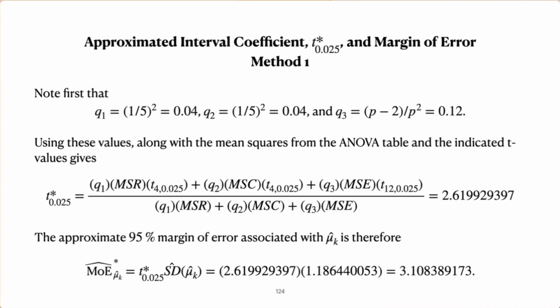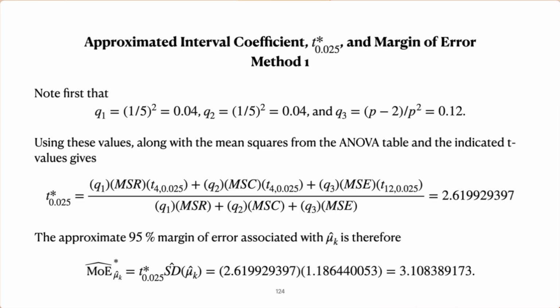Now, using these values along with the mean squares from the ANOVA table and the indicated t-values in the formula for the approximated interval coefficient, and you can see the locations of those t-values down here, it turns out that when we plug these values in, the approximate interval coefficient for an approximate 95% confidence interval estimate of the individual treatment means is given here,